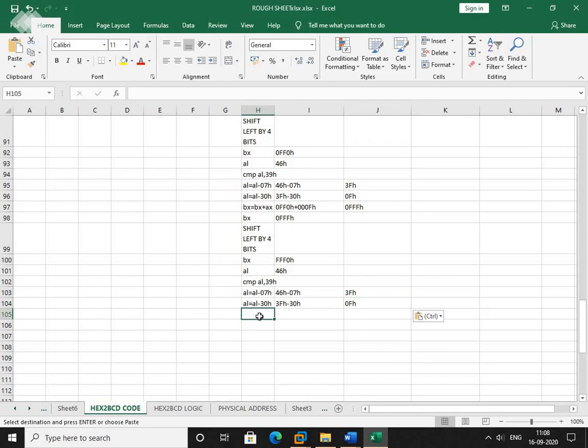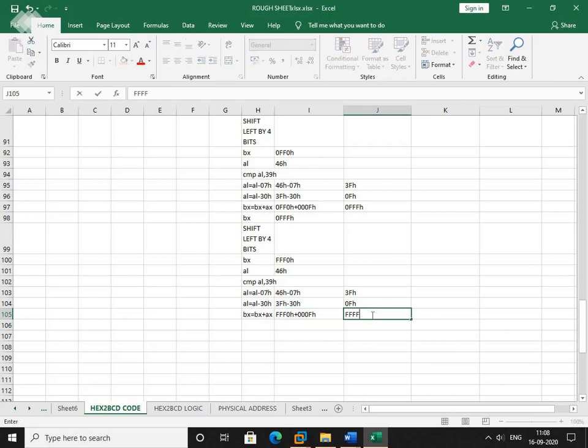Now add the content of BX and store it again into BX. What is the current content of BX? It is FFF0H plus 000FH. So finally we get 4 times FH.